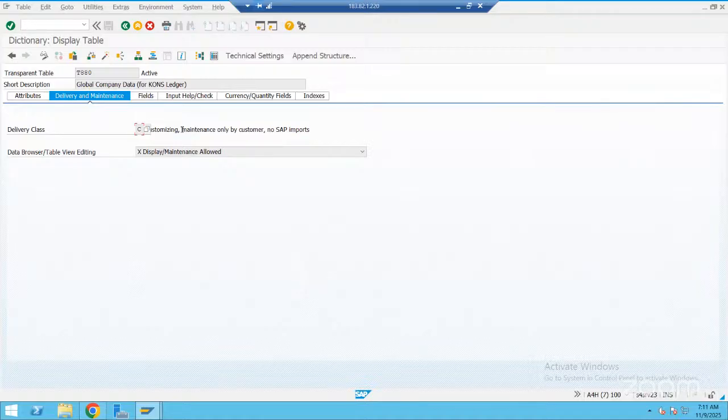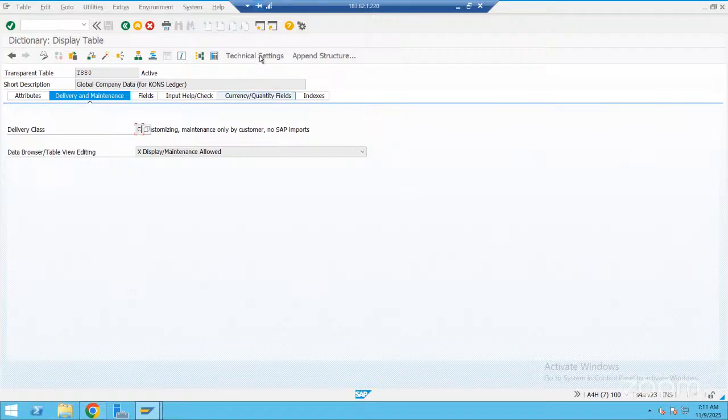All these things come under the customizing data. Observe here, this is display maintenance allowed, not like our other tables, MARA and MARC, where we cannot insert the data through maintenance. Hence, for those this attribute is different, not display maintenance is allowed.